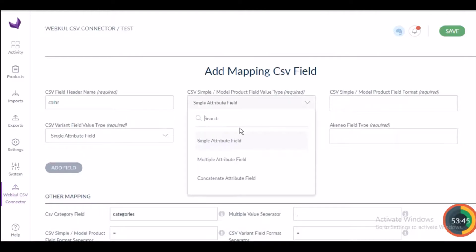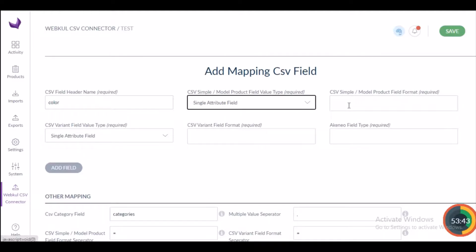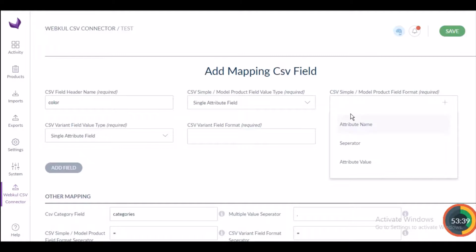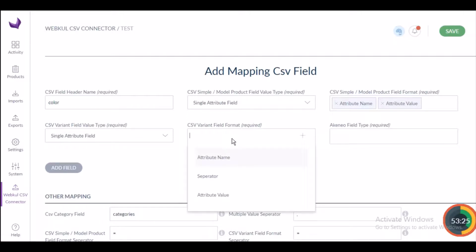And now here you have to just understand that for the CSV sample or the model product, what kind of value type it is: is it a single attribute field, or the multiple selection, or the concatenated. After that, the CSV sample field, here you just need to select the format, like it would be an attribute name or the attribute value or the separator. So I have selected attribute name and the attribute value. Now here also you have to select the same thing,